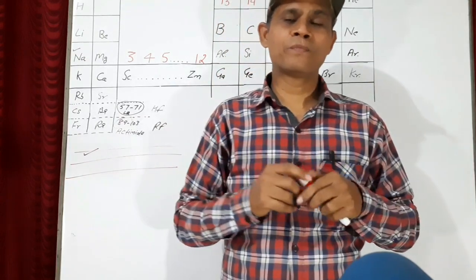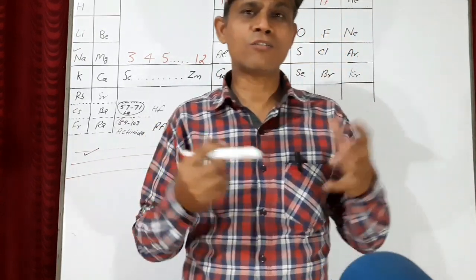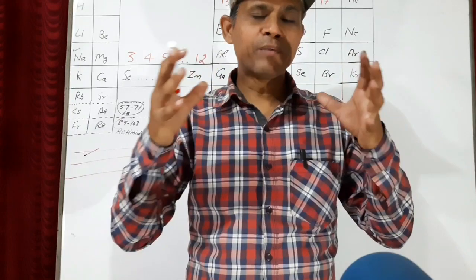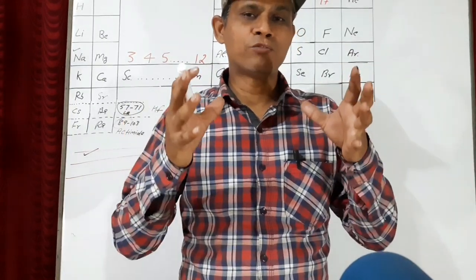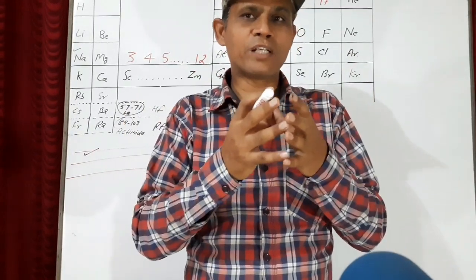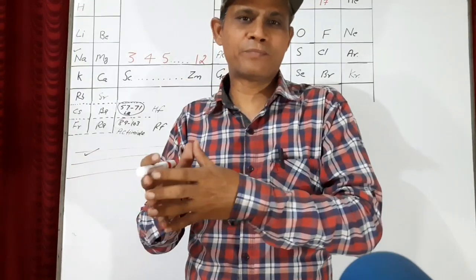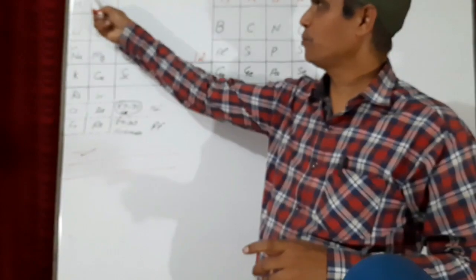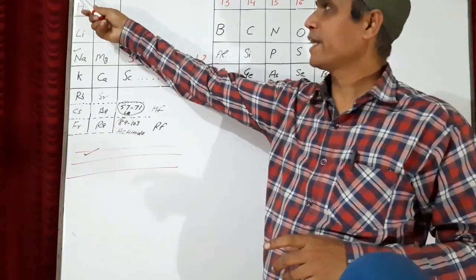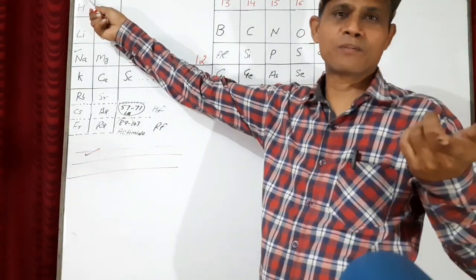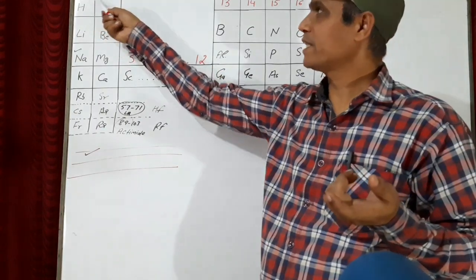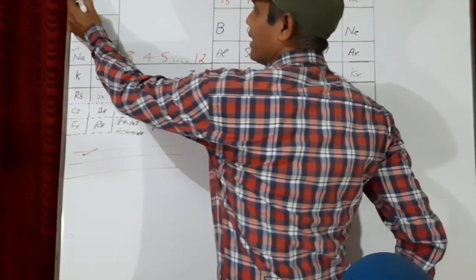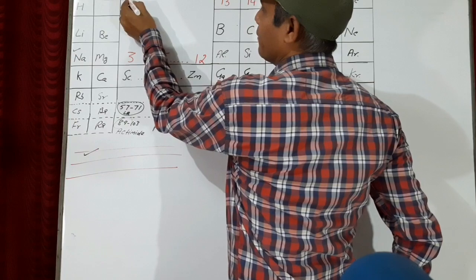One more thing, you can also remember this periodic table in terms of the electrons, in which shell the electrons are there. So keep it in mind, in these two groups, first group and second group, electrons are filled in the S subshell. Therefore, these elements are also known as S block elements.